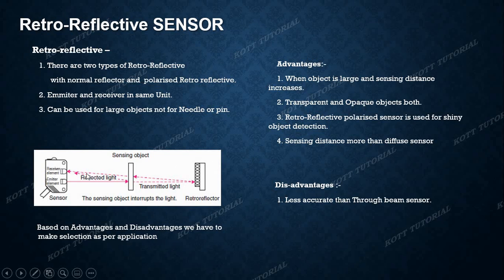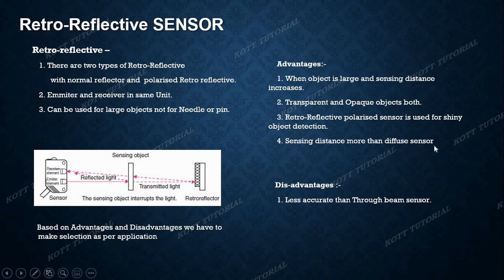A reflector can reflect the light completely, and if I have a shiny object, it may also act as a reflector, meaning it may also reflect the complete light. In this manner, the sensor will not be able to detect the product. So if I have a highly reflective object, at that time I have to use a polarized reflector. A polarized reflector will only pass a particular ray of light which can be taught in this sensor, and if any other reflective product comes in between, it can successfully detect.